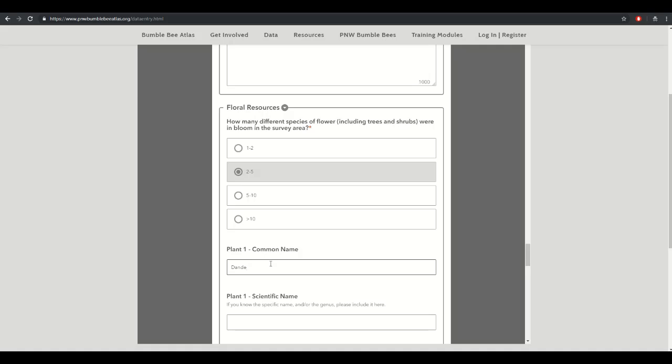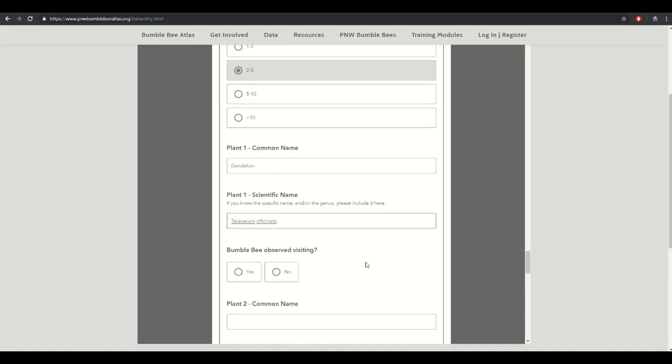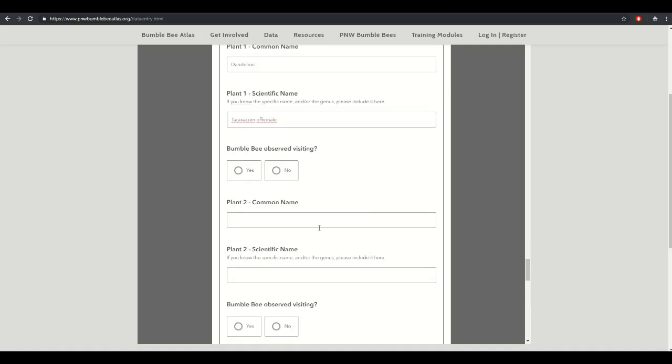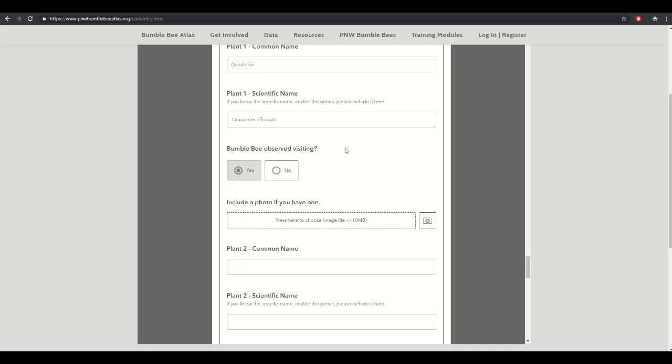Let's say, for instance, I saw a dandelion, and you're going to write the scientific name here. If you saw a bumblebee visiting this plant, you would say yes. And then this year it's going to give you the option to include that photo directly in the survey. So if you already have the photo, you can click here, and it will open up a dialog for you to find that photo. If you're using a mobile device, you can actually just click the camera here,